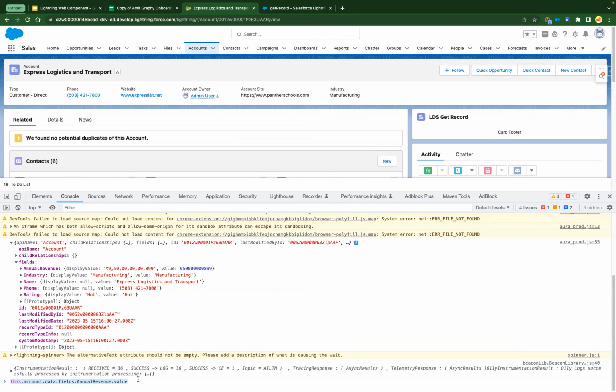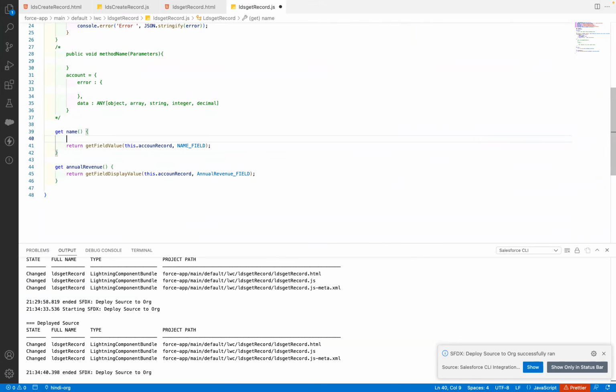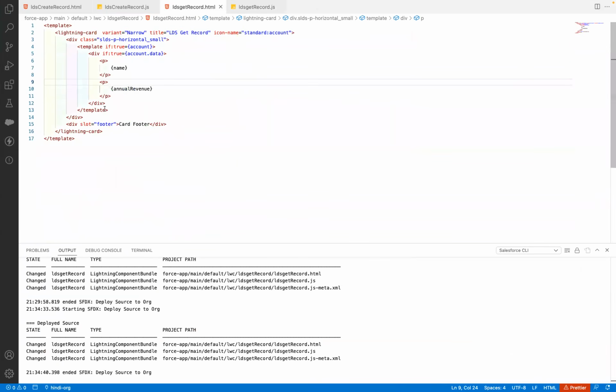So what we could do is we could just do a little bit trick, or maybe instead of using these getters, I can also show you another way, that is copy this variable, go to HTML file. Now say account record dot fields dot name dot value, because you have already, okay,